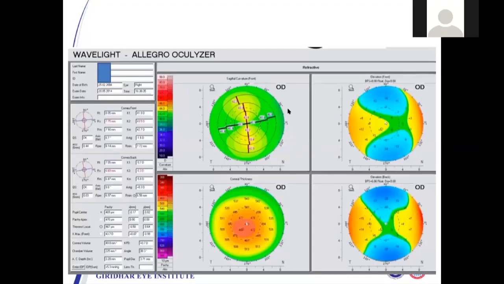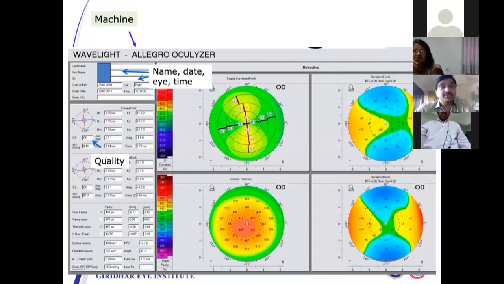To read it, the first step in any of these topography printouts is to see which machine the printout is from, whether you're familiar